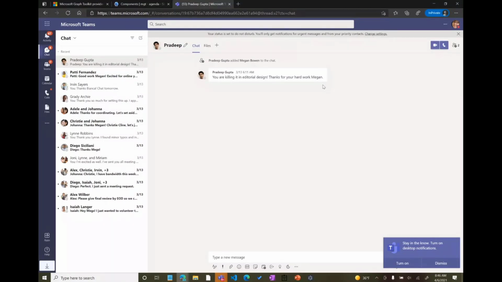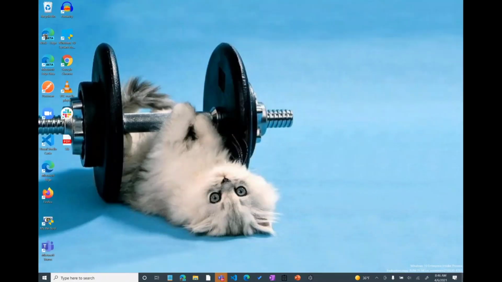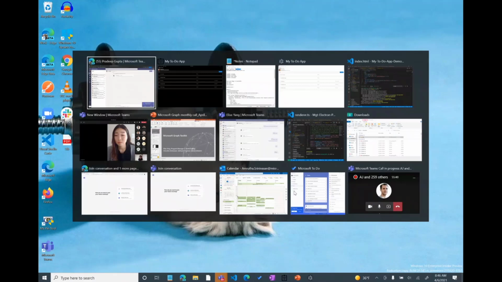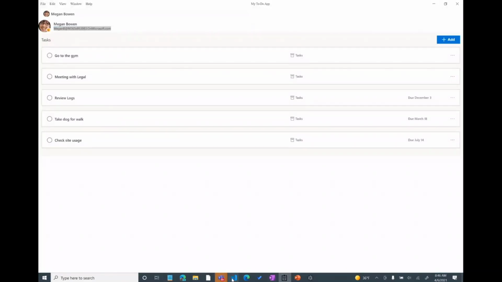Similarly, when I'm done with work, I like to appear away. And I also have this bad habit of lingering on my laptop when I'm done with work, but really I should be working out. So I have my wallpaper reminding me that I need to go work out with this cute little kitten. So how I'm doing that is in this application,